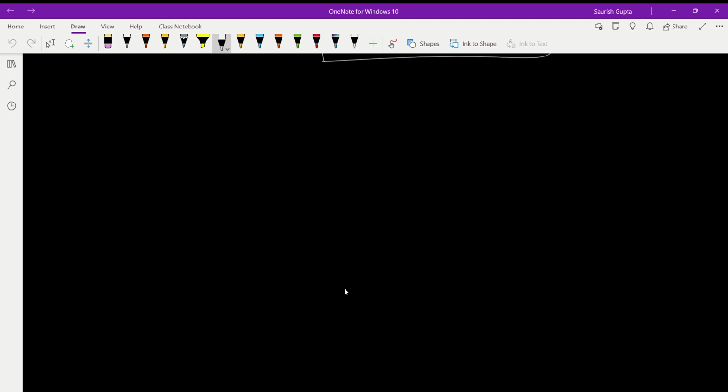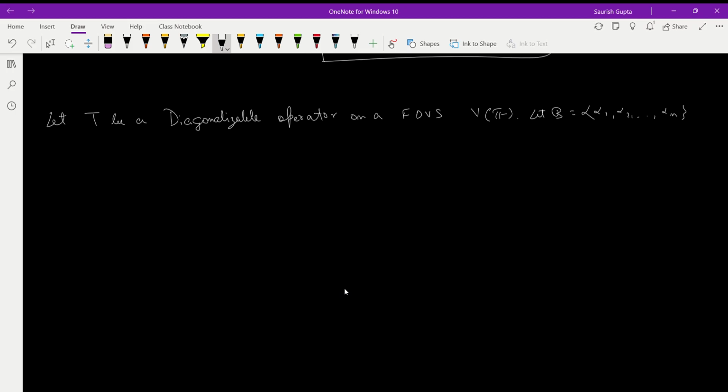Okay, so let T be a diagonalizable operator on a finite dimensional vector space V. Okay, and say V is defined over the field F. Let B, which is given as alpha 1, alpha 2 till alpha n, be an ordered basis of V,